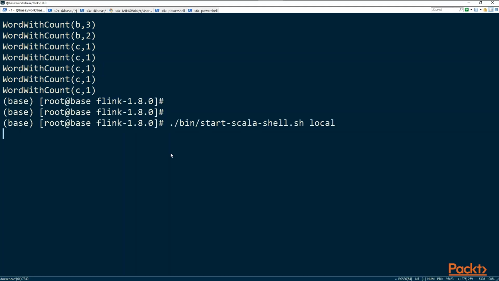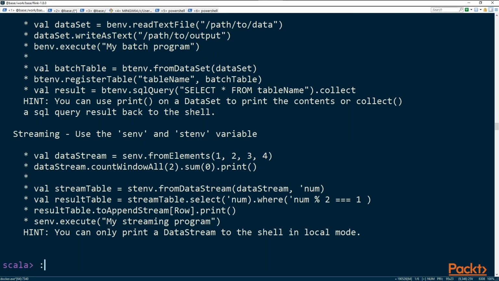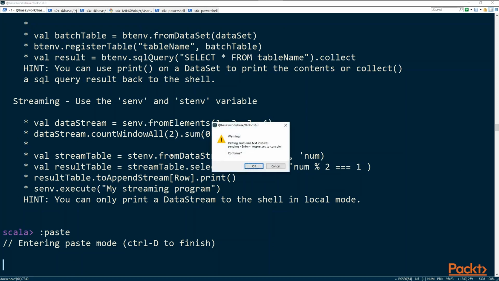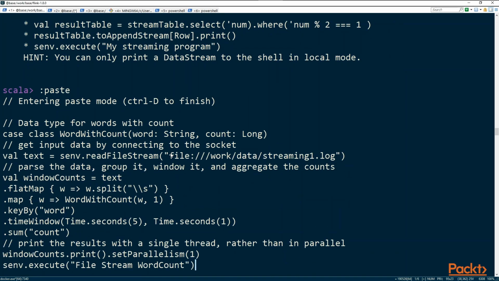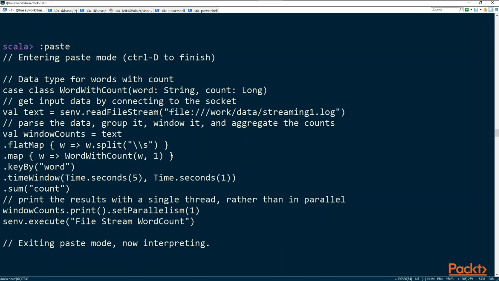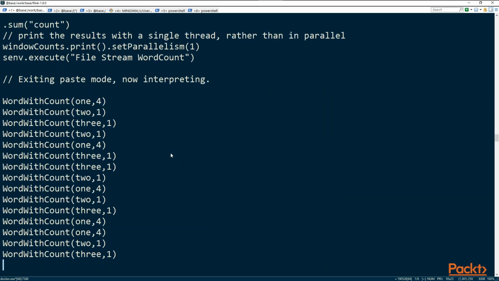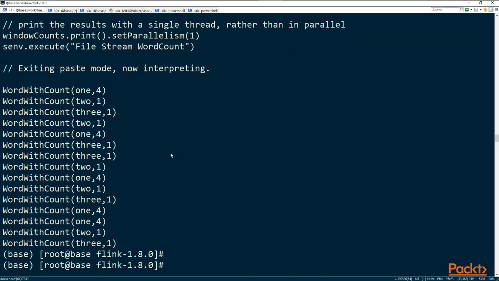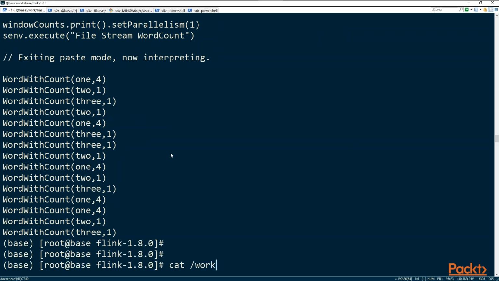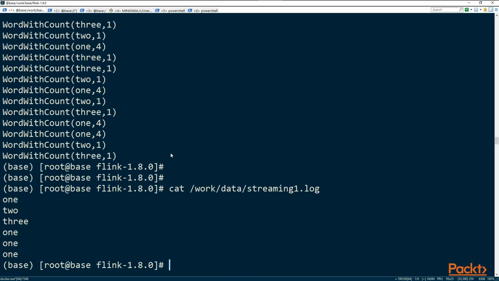We'll start a new shell, and we're going to paste this code. This is going to get from streaming1.log. Okay, and that's the end of the file. So let's see what that file was really. Work data, streaming1.log. So this was the file. So it just streamed the file and it applied the aggregation and the window function on top,